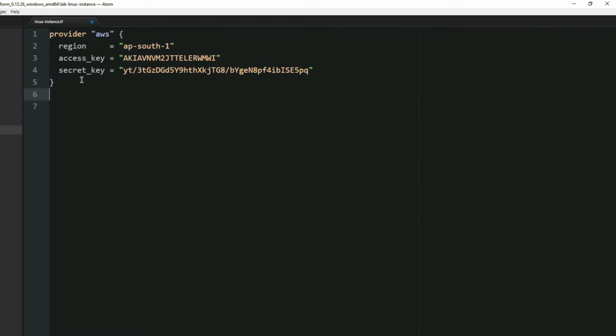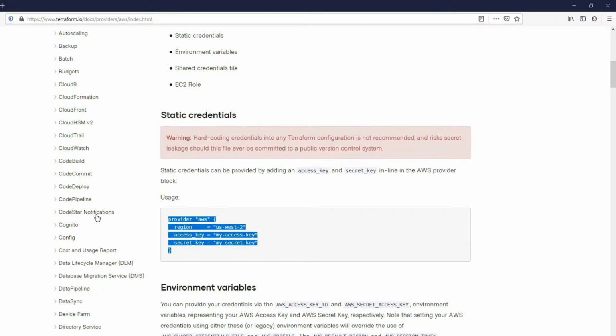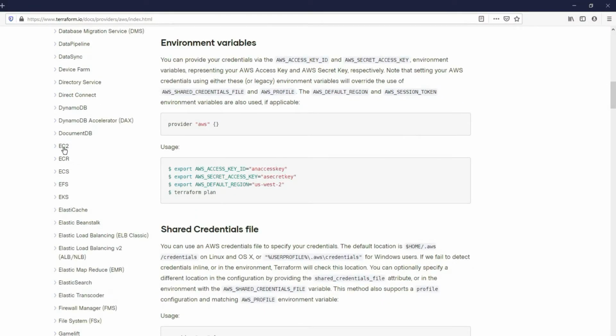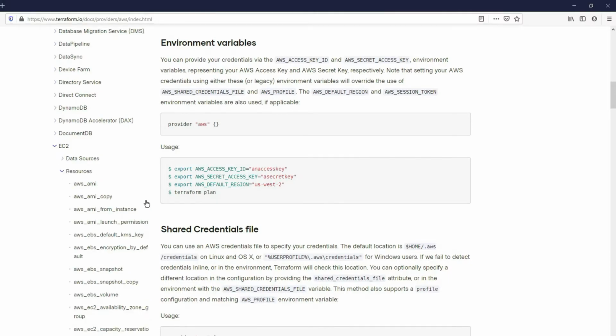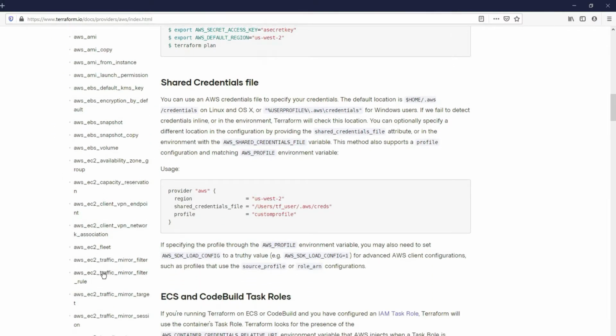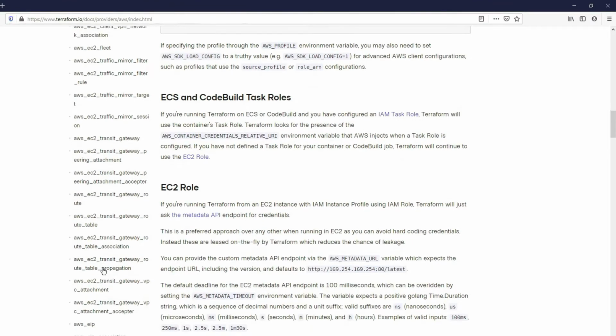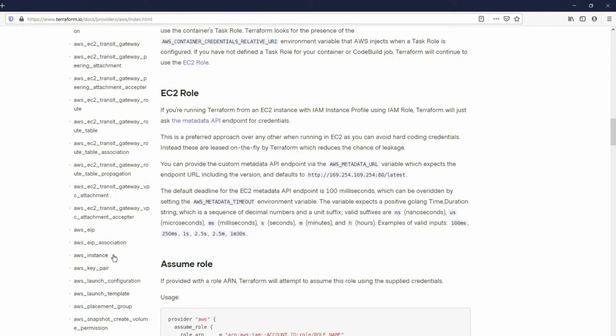Once we are done with this, we need to spin up an instance. For that we need to use the resource bucket. Let's see how we get that. Going back to the documentation, let's go to the EC2 services, and there you can get the aws_instance resource, and it is here. Let's say you're not aware where this exactly is.